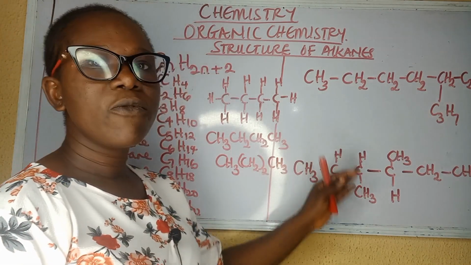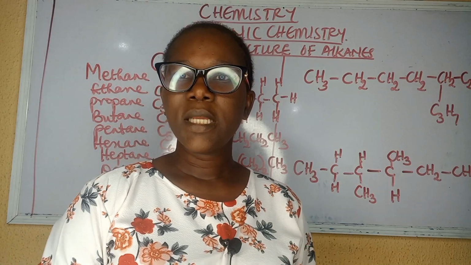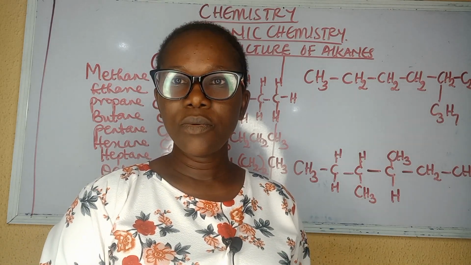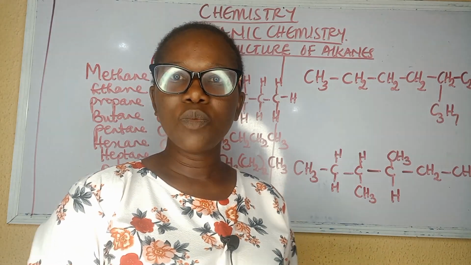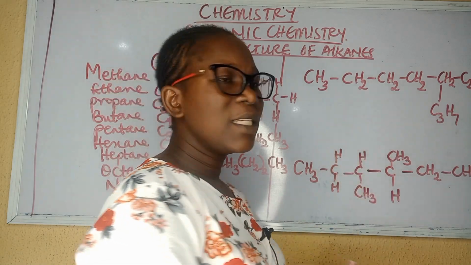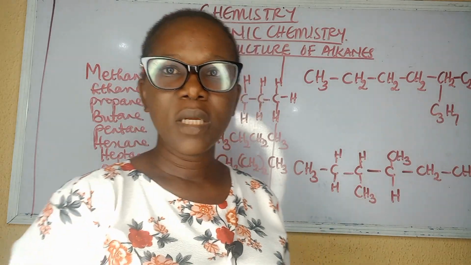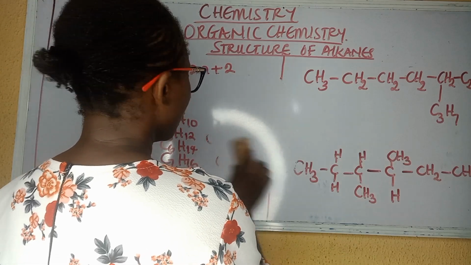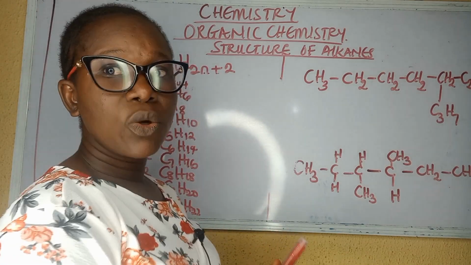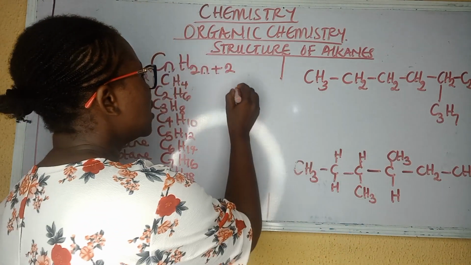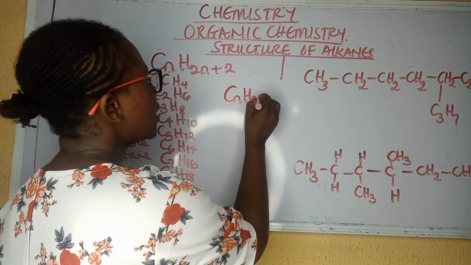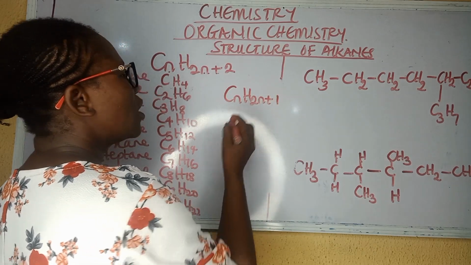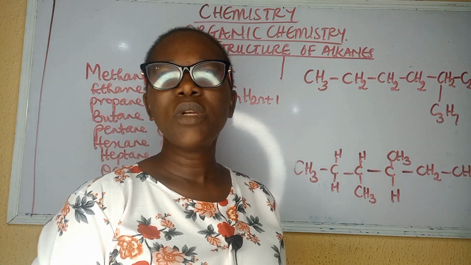And so before we move on, we need to learn a special group called the alkyl group. This alkyl group will help you to identify or name an organic compound easily. And this alkyl group is 1 hydrogen short of the alkanes. So that is CnH2n+1. Alkyl group is not a homologous series. It only helps in naming